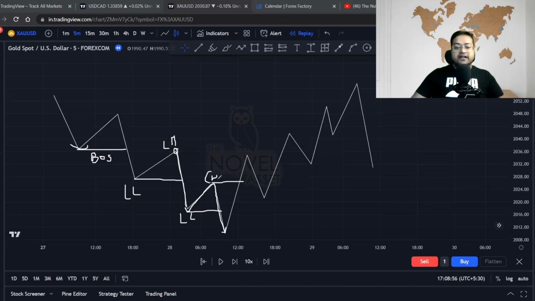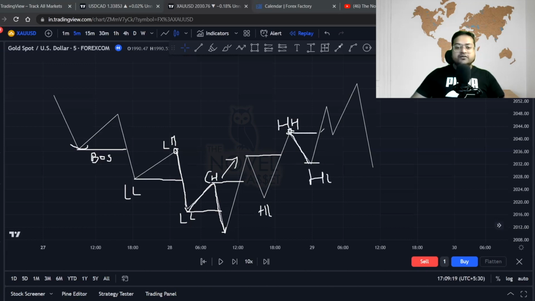That means we are expecting that the price is going to change character towards the upside, giving you a proper breakout structure towards the upside. And then the market follows what? Market creates a new higher low and then breaks out the previous resistance, creating a new higher high. After this higher high, price starts the major pullback towards the downside, again creates a new higher low,